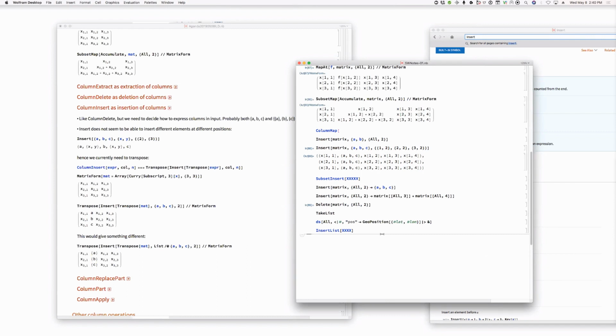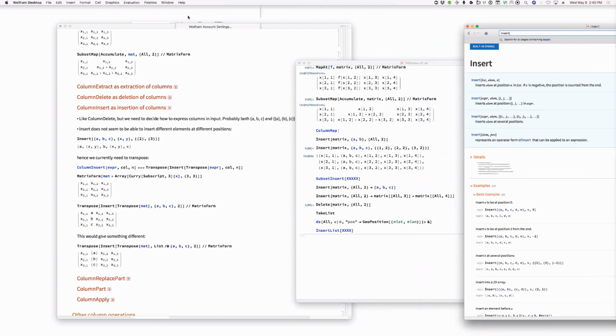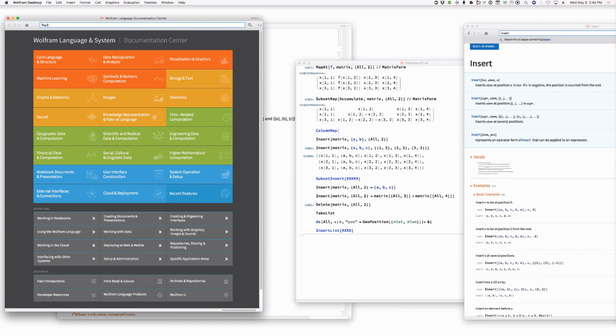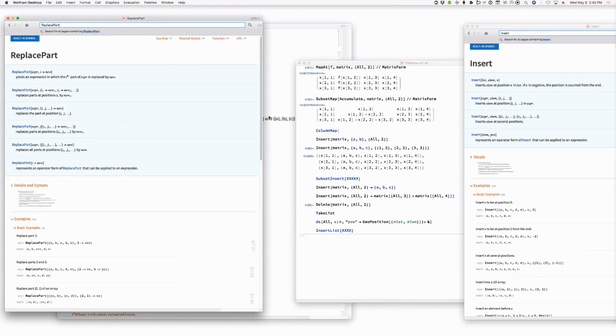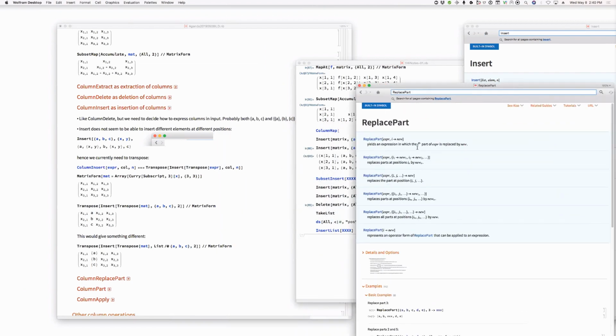Yes, I was suggesting to compare the page of Insert with the page of ReplacePart. Okay. So here we have a way of